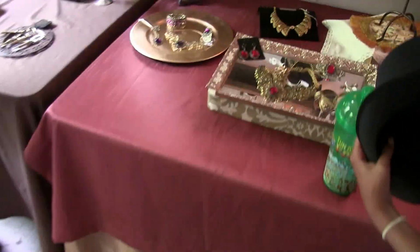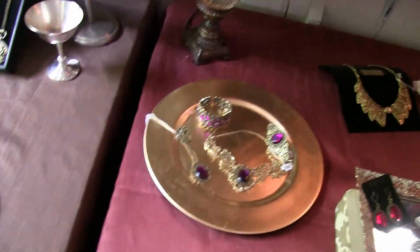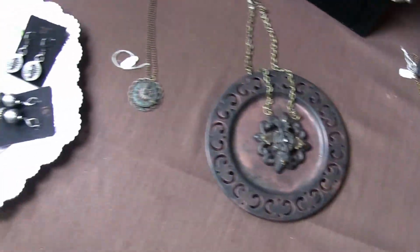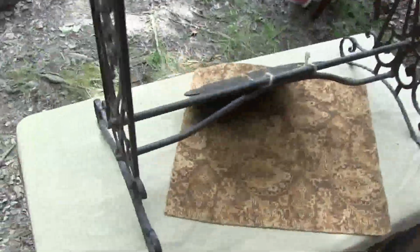Excuse me. How much are...? With the hat? It's $20 a head, $20 for the goggles, but if you buy both, you're going to...